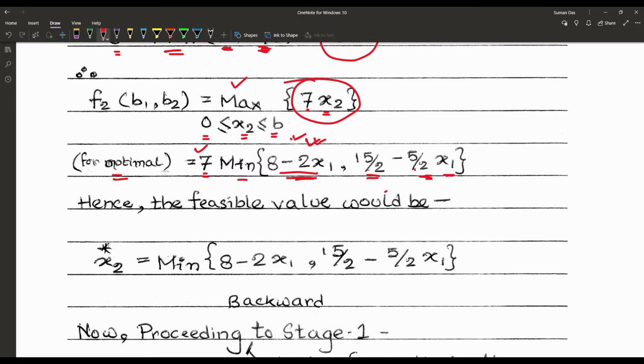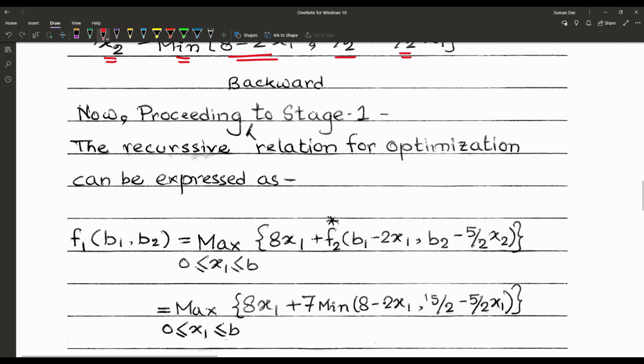Hence the feasible value would be x2 star is equal to the minimum of 8 minus 2x1 comma 15 by 2 minus 5 by 2 x1. Now proceeding backward to stage 1, the recursive relation for the optimization can be expressed as f1 of b1 b2. That means from f2 we are proceeding backward to f1, and that is the maximum of